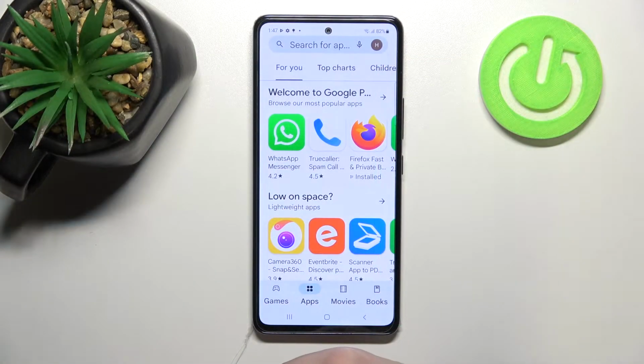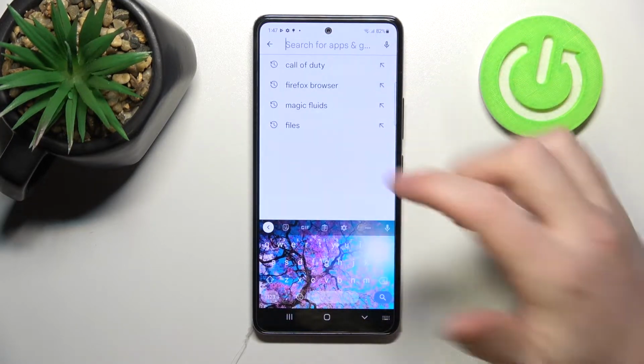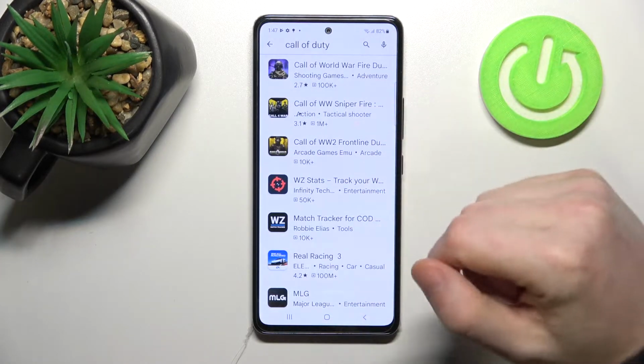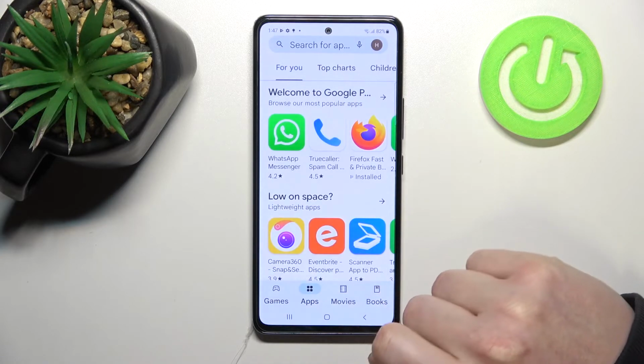Hello, in this video I'm gonna show you how to fix the problem when you can't see the Call of Duty mobile on your Google Play Store on your Samsung Galaxy A53 5G. So in order to do that, we'll need to change our parental controls, but first let me show you Call of Duty search results. So as you can see, there's no proper game here,